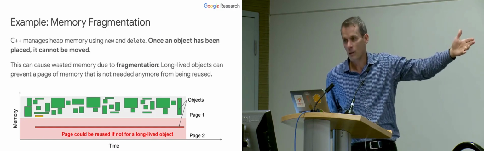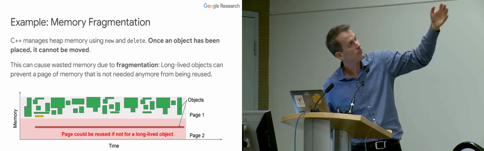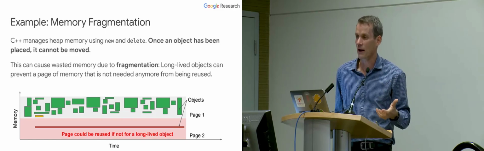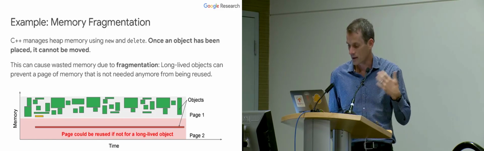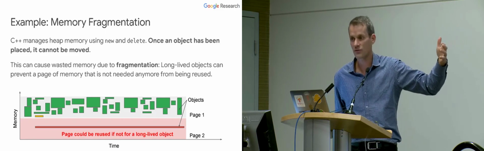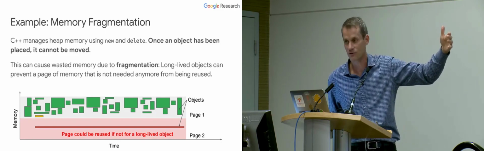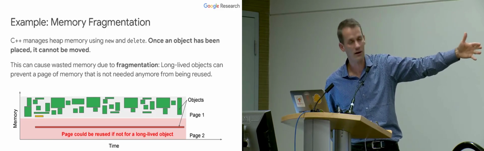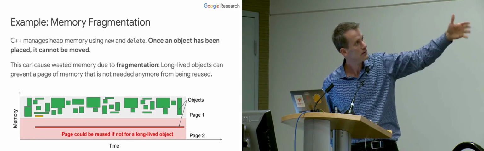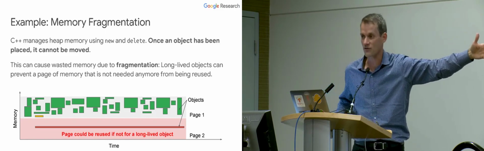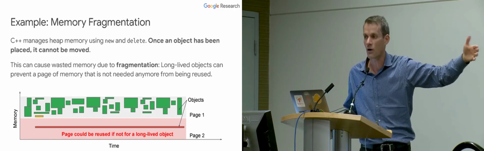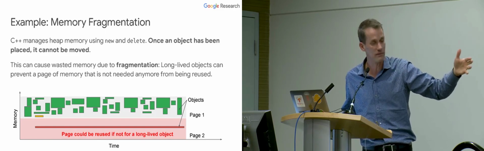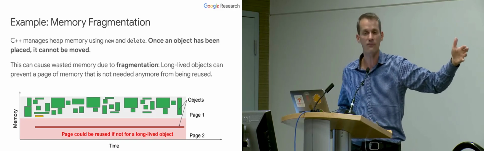As one example of a fairly low-level system decision to make, in C++, a memory allocator has a decision about which page of memory it should put an object that's going to be allocated. And once an object is placed, because C++ has all these crazy pointers and can't actually move objects around, you then pin that page of memory to be required to be allocated and mapped in your TLB and stuff like that until all the objects on the page go away. So it's really nice if you can put all objects with the same lifetime on the same page, so that they're more likely to not have this fragmentation problem where one object is keeping alive a whole page of memory.